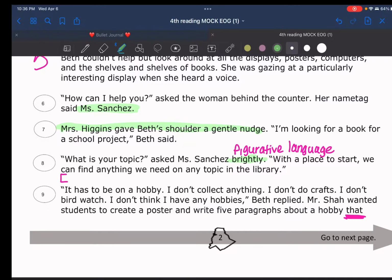But she likes soccer, so it seems like soccer is a hobby that Beth has. I wonder, this is me guessing now, or not guessing, but predicting, because I know that in a fiction text, we have a problem and we have a solution. I'm wondering if Miss Sanchez, who is asking Beth all these questions, is going to be a part of the solution. If maybe she's going to help Beth to see that soccer is a hobby, and maybe Beth will actually enjoy doing the project a little bit more when she can talk about something that she likes, or that she's so passionate about,